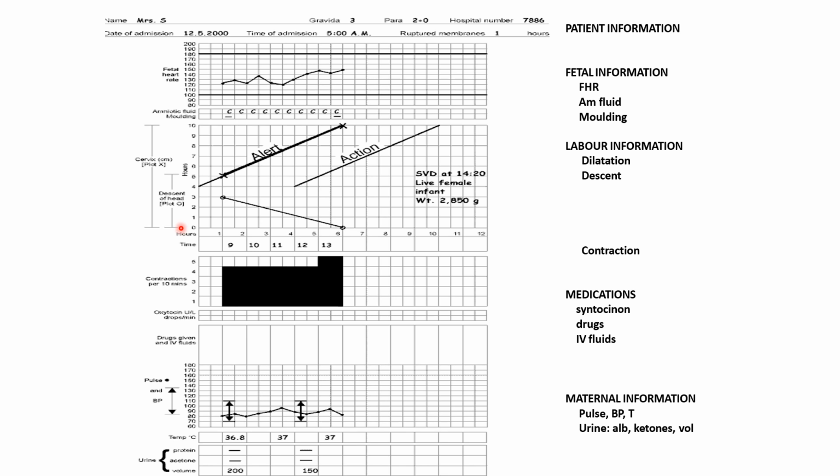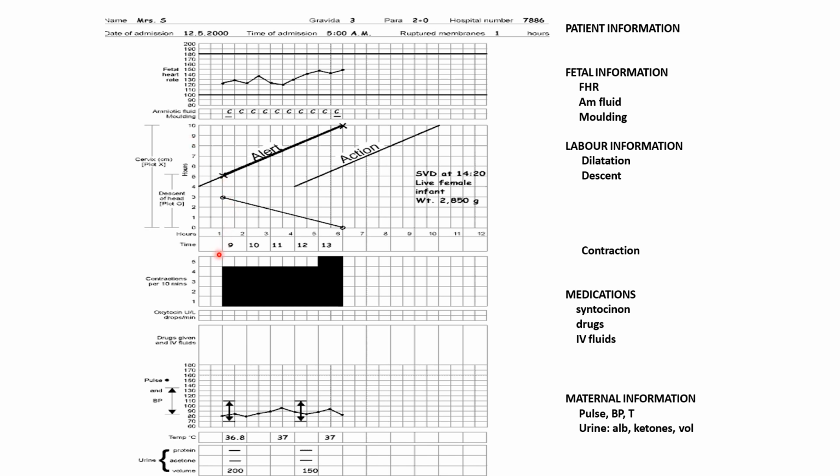So for the dilatation of the cervix, when you are drawing, if it is falling below the action line, it is dangerous. It shows a bad outcome of the labor, and if it is above this, it shows a positive outcome of the labor. So a 4 hour difference will be there between the action line and the alert line. So for cervical dilatation, the same 0 to 10 you can use.